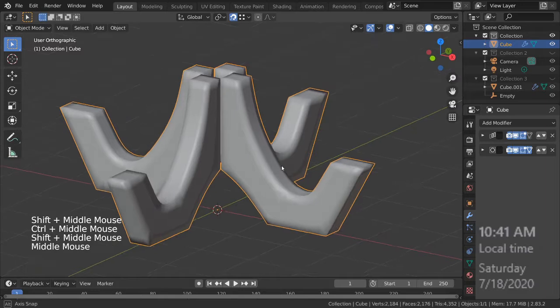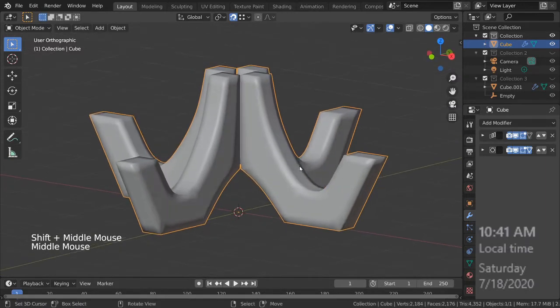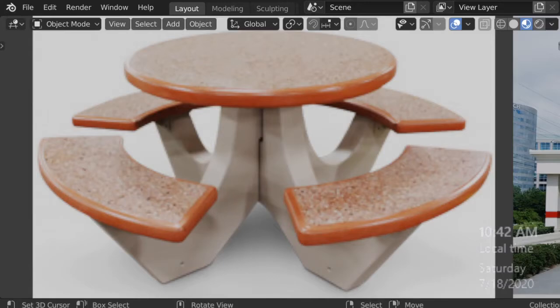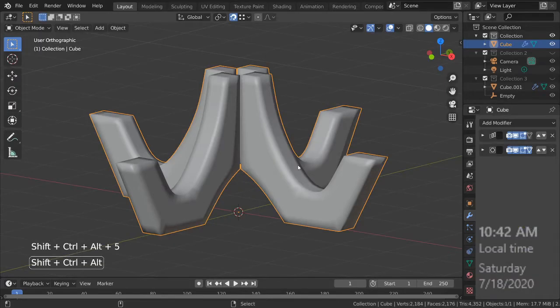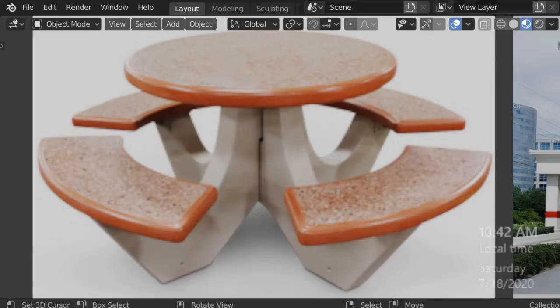Now I'll put it like this, and I'll toggle again. Close enough. Ultimately it needs to just work on its own. All right. So control save,